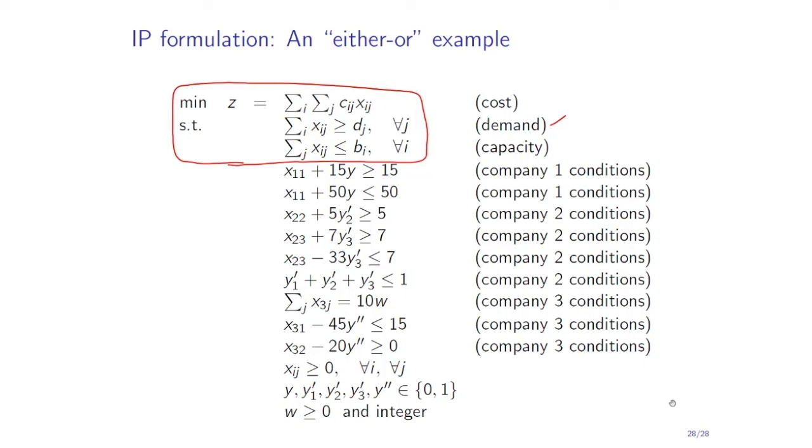We also have the capacity constraint. And these are exactly the constraints that we came up with in order to model the requirements of the company. So this was for the first company. These are for the second company,